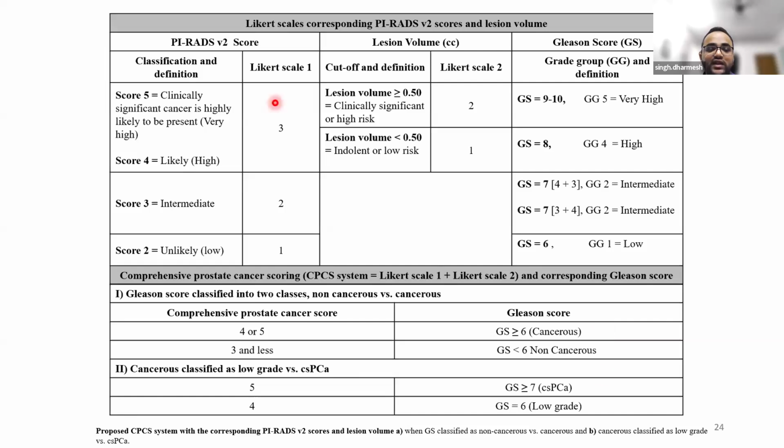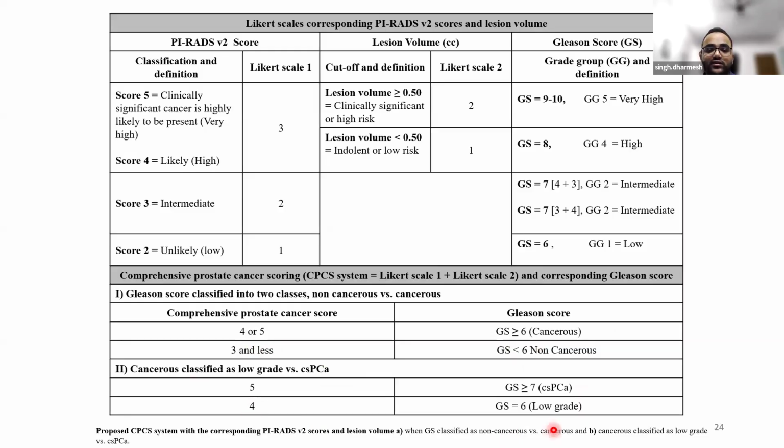If the score is greater than 4, like 4 and 5, it means Gleason score 6, and if 3 or less, it's Gleason score less than 6, like it is non-cancerous. And then we classify the low grade and clinically significant prostate cancer,